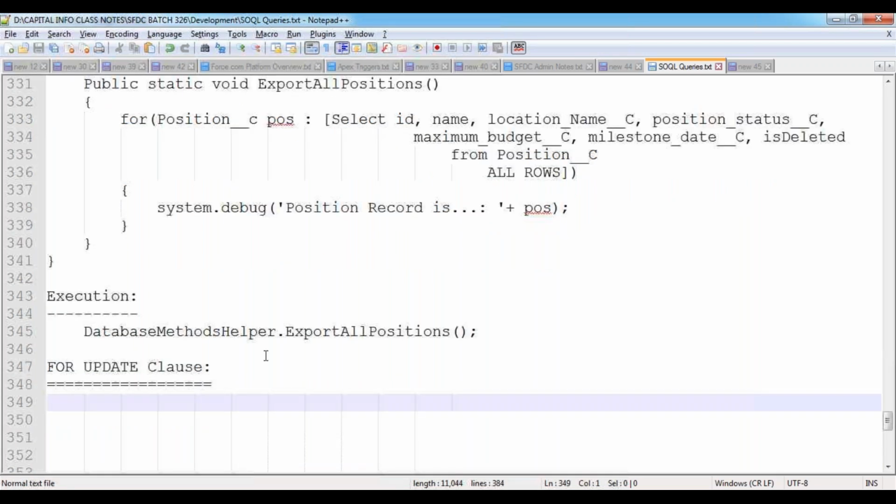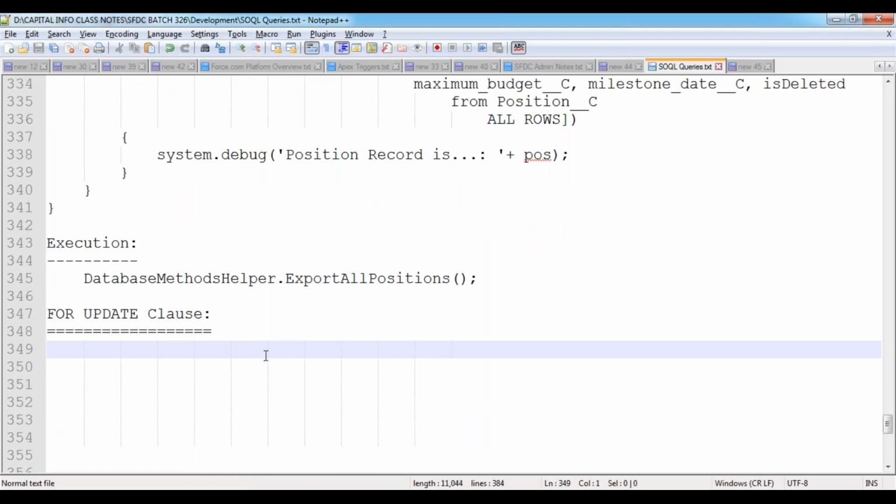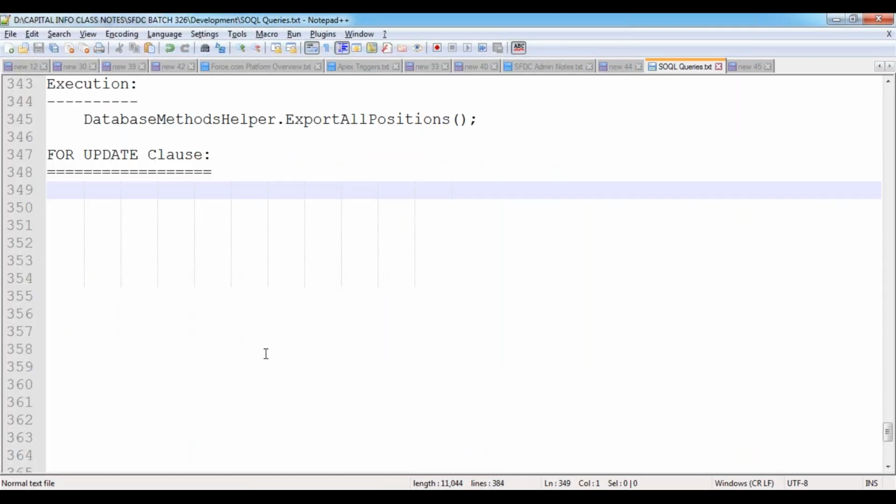Next class, the for update class. So what is this for update class generally? Updating the records, no? Okay, we can put a lock also. Now, for example, assume that